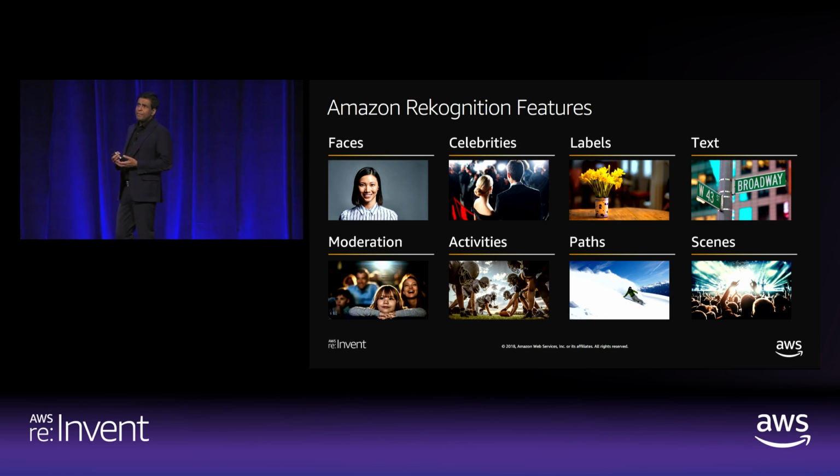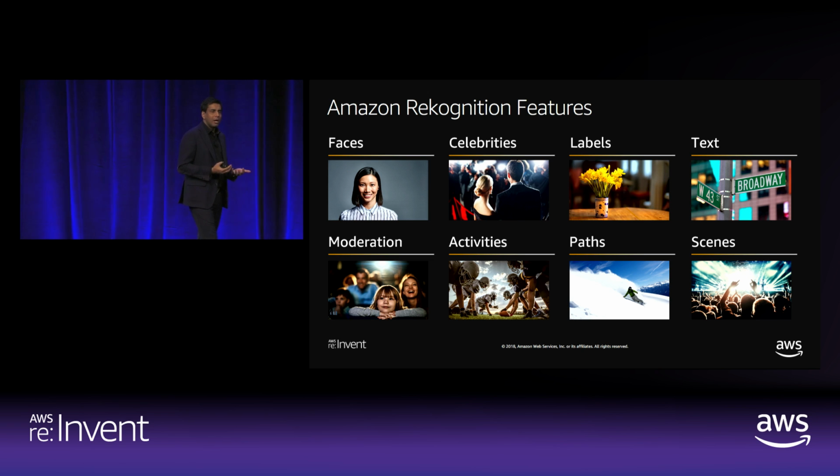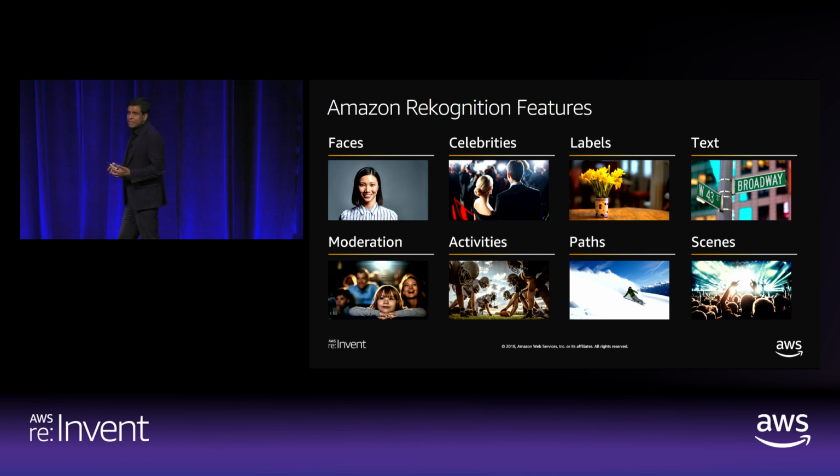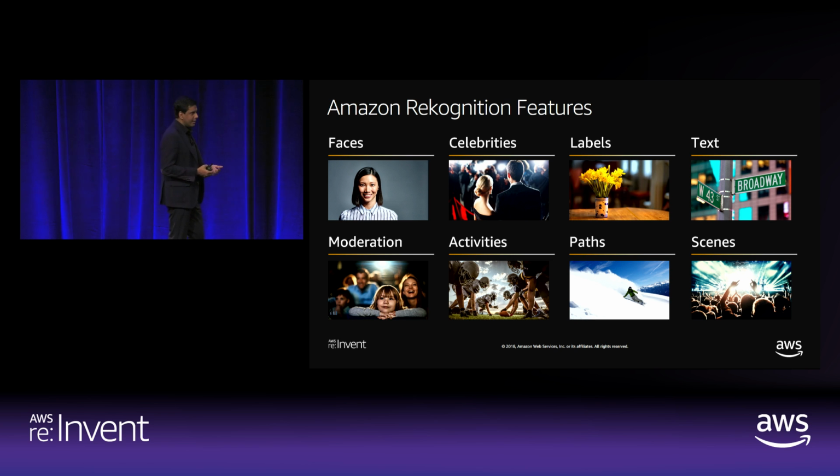Next is a very important feature that we are providing for creating an experience where you can guarantee safety of content, safety of experiences with your customer, and we call it moderation. In moderation, we take image and video, and we are able to detect if there is inappropriate or unsafe content in it. Now, we go a step above and beyond saying whether it's safe or unsafe, and we'll get into a bit more detail in slides later.